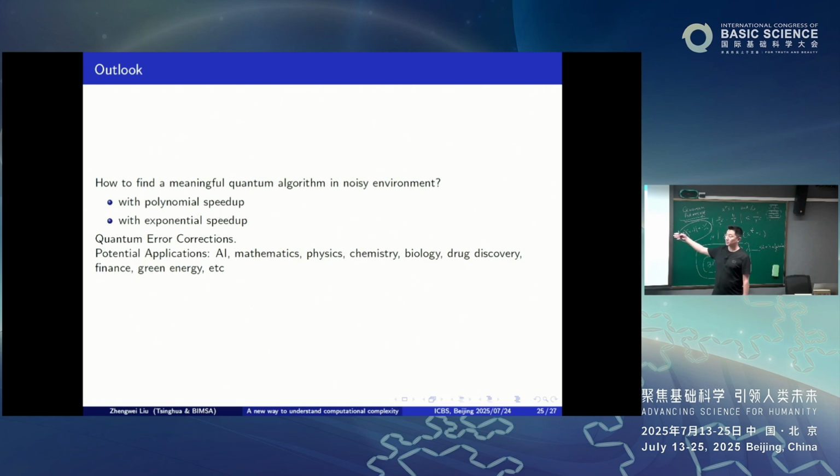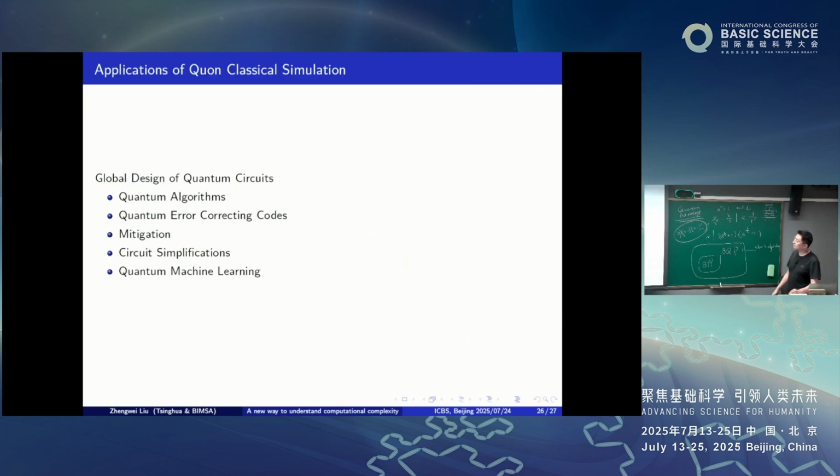Another thing is that we can run quantum error correction to minimize the effect of the error. Then classical simulation is possible, but it will require a very, very high degree. That means we can use a quantum computer to do the task much, much faster than a classical computer, at least polynomial or even super-polynomial speedup. And we already have many applications in fundamental science and in real world applications. Also, this classical simulation method can help us design quantum error correction codes and quantum algorithms, and reduce the cost of experiments using more powerful classical simulation.